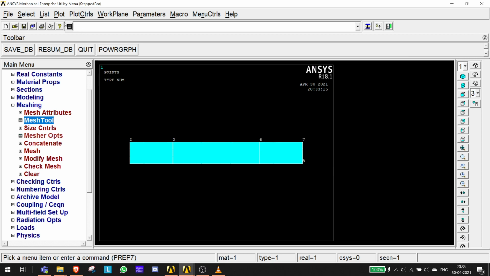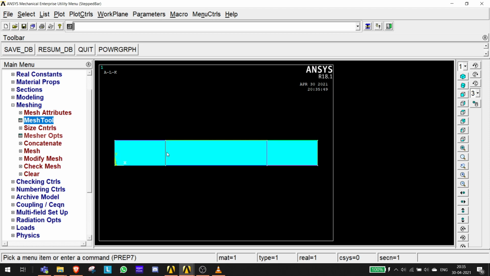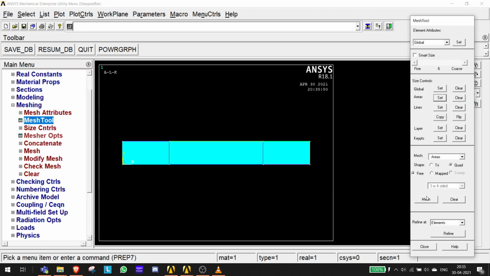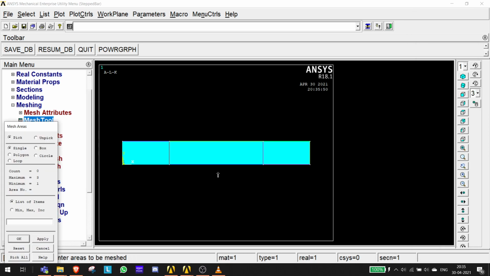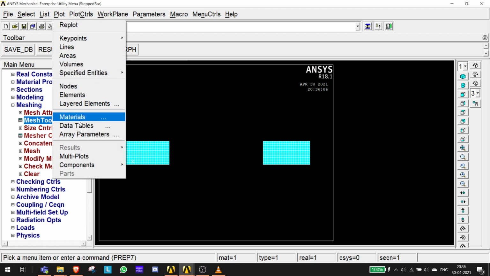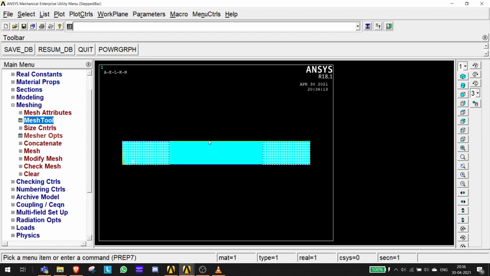And if you don't see any changes, go to plot and multiplots. So now you can see there are some lines created. Yeah, it's divided into areas, but meshing is left, right? So Alt Tab, because this window disappears, and go into mesh. Now click mesh, and which areas do we have to mesh? This and this one, because they are made of material 1. So I'll click on OK. Okay, so these two are meshed, but oh, this disappears. Don't worry, we know what the drill is. Go to plot, multiplots, and yeah, it comes again.